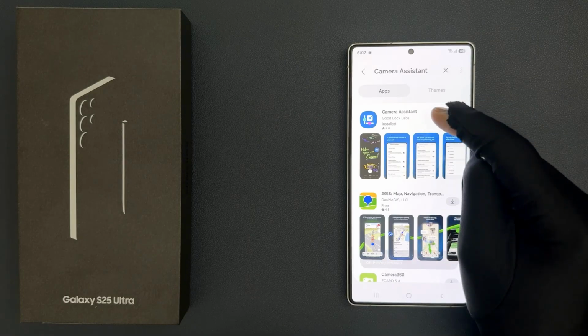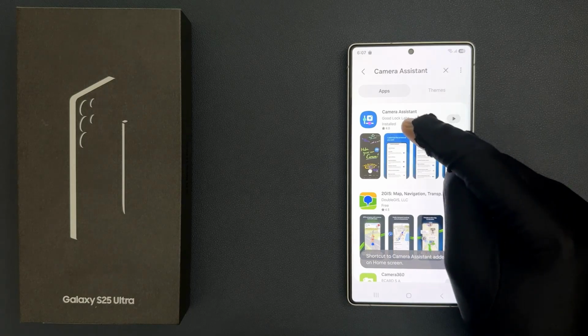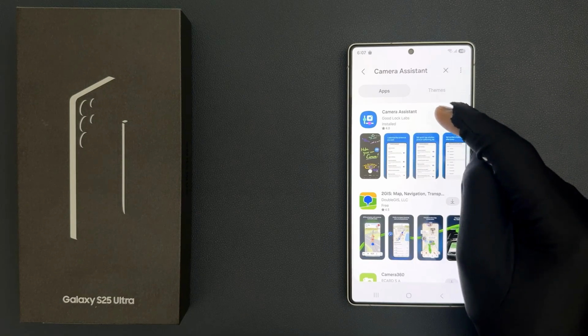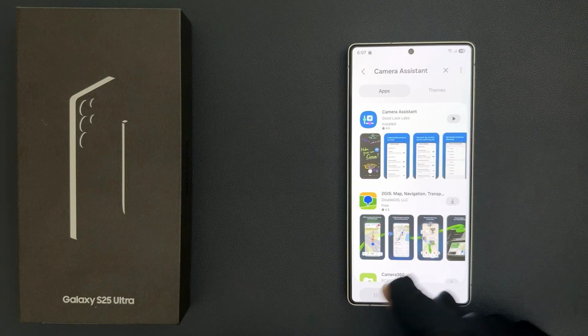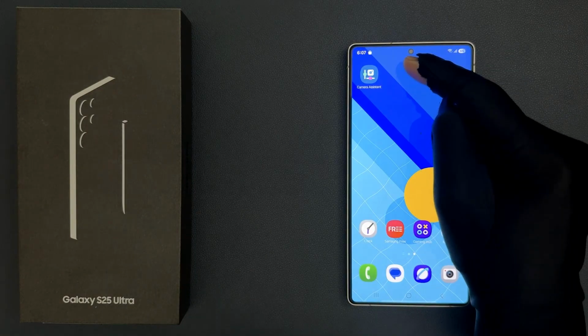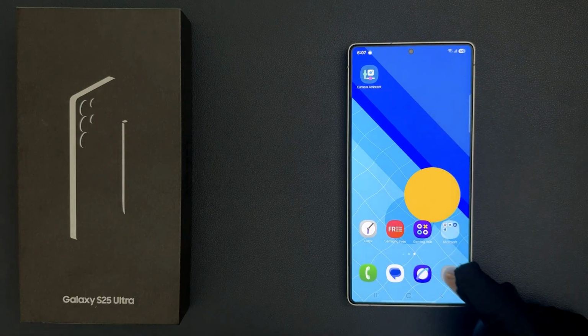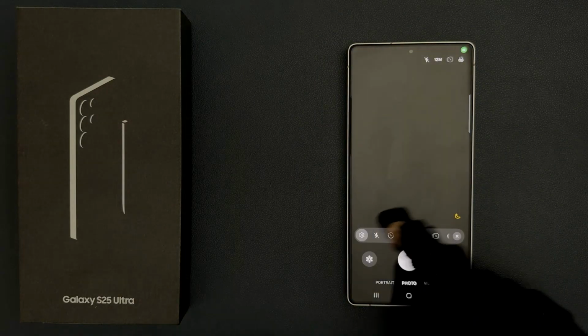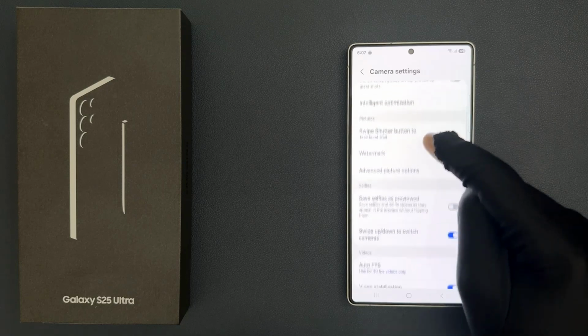It's downloading and it's now installing and it's now installed. Now you can close your Galaxy Store. So let me close it. You can see here is the Camera Assistant app. So now if I open my camera and go to camera settings, and if I scroll down a little bit,